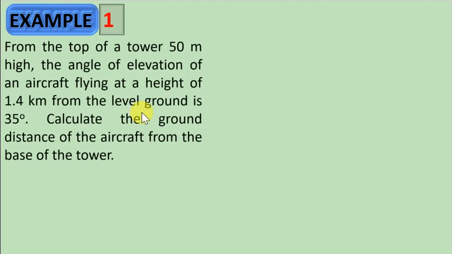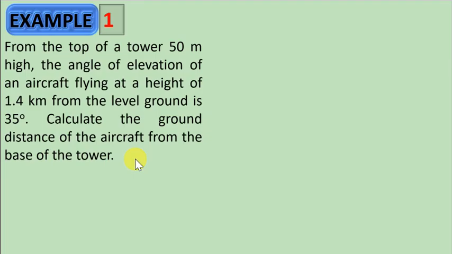Here we have a question. From the top of a tower, 50 meters high, the angle of elevation of an aircraft flying at a height of 1.4 kilometers from the ground level is 35 degrees. Calculate the ground distance of the aircraft from the base of the tower. Now, this is a geometry question. In every exam, Cambridge,